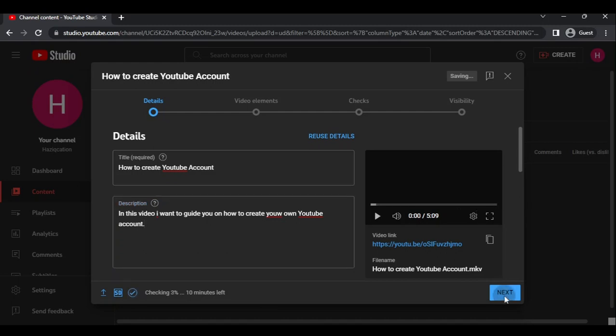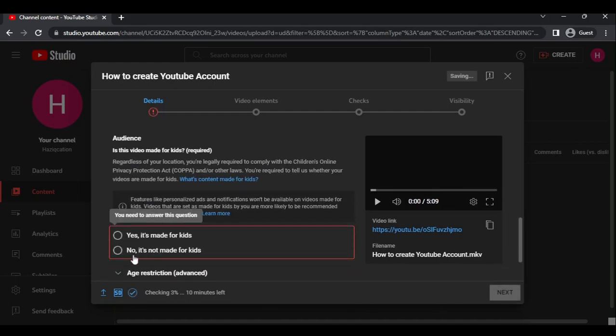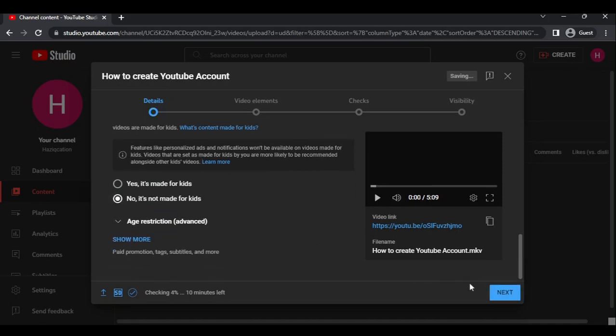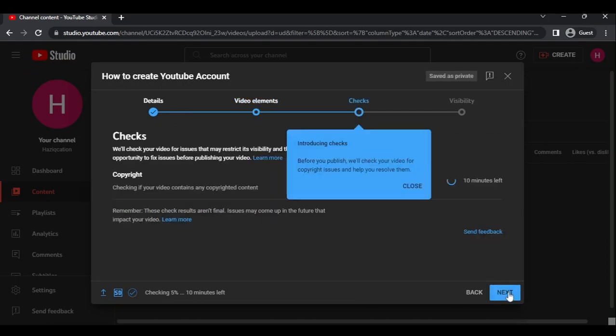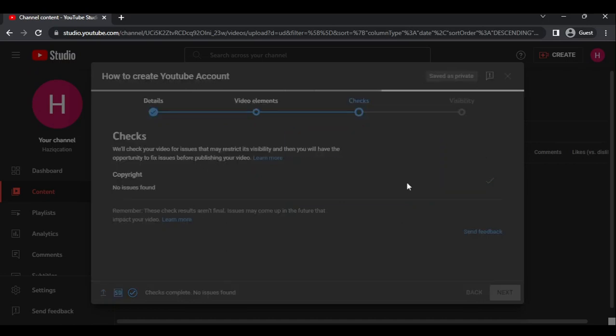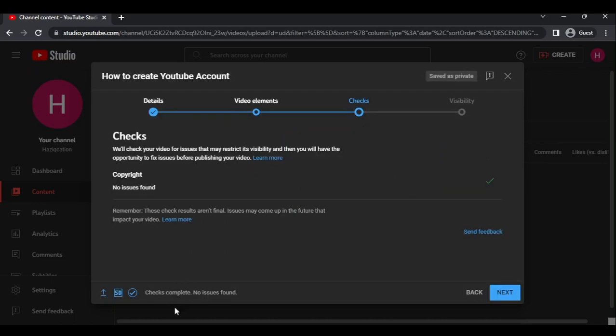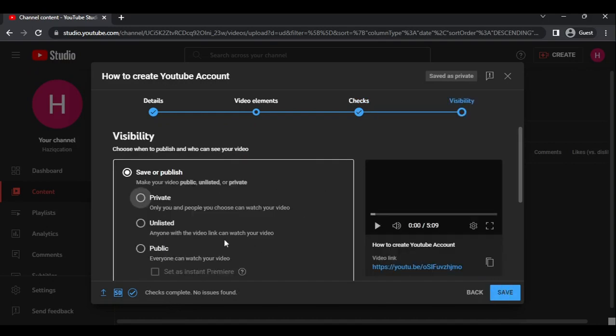Click next and pick the audience of your video. Next is video elements. Just click next, and the check section is where YouTube will check whether your video has copyright or not. If it's clear, click next and